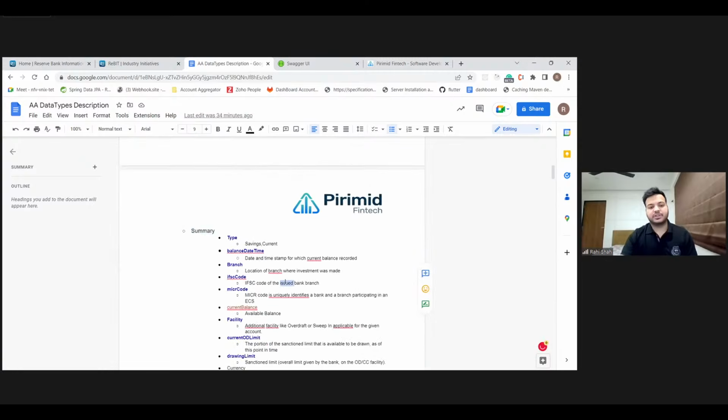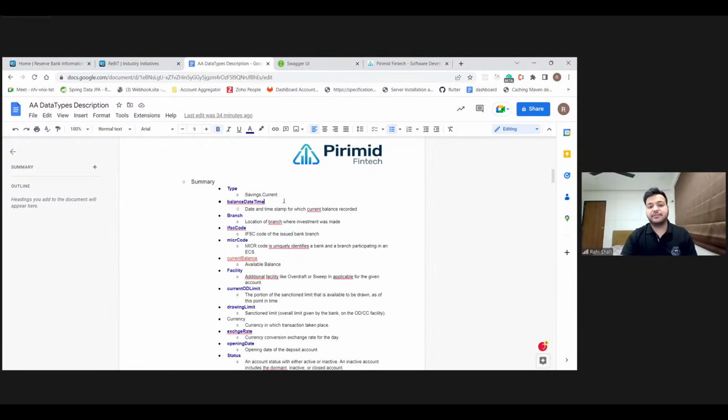The next section would be the summary. This summary would talk about the current status of this bank account. As this is the deposit data type, there is the account type, which might be a savings or current account. Then this balance date time. So let's say if I'm fetching my current data at this moment from this ecosystem, then